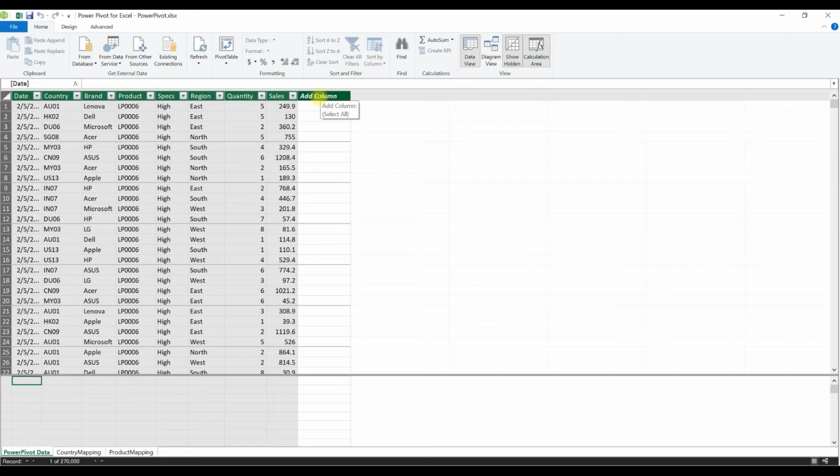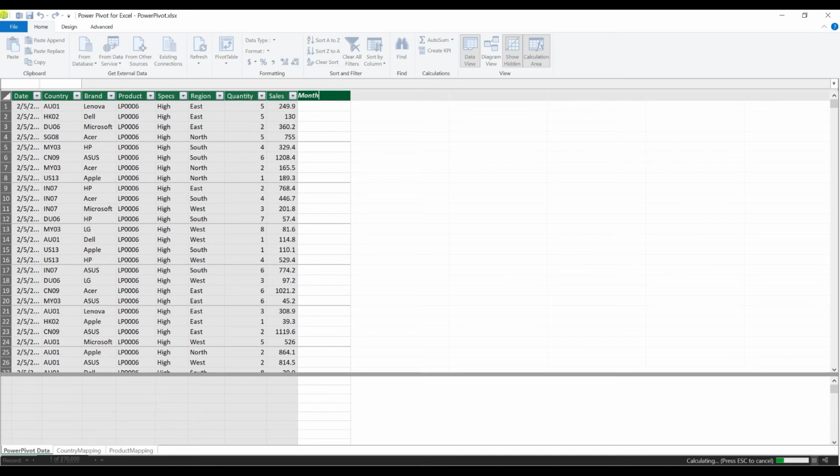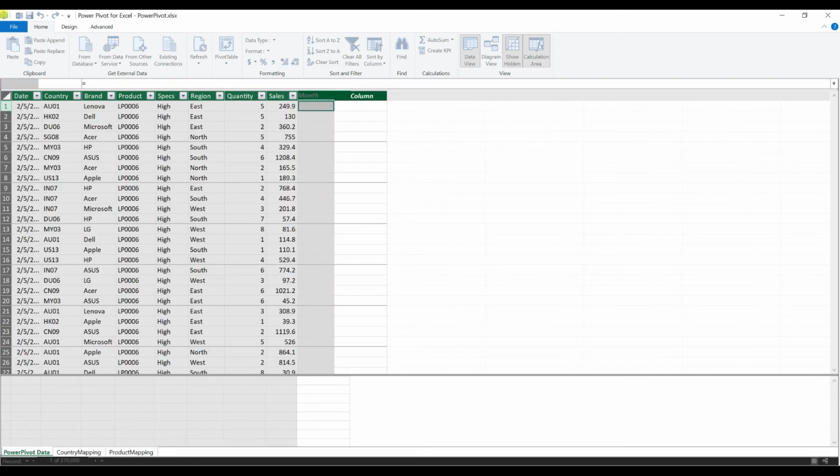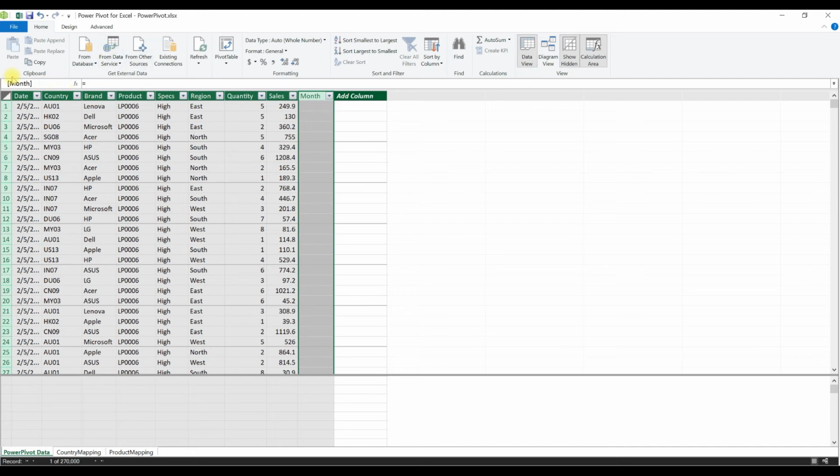So I'm going to add the first column. I already have the date. I'm going to bring the month alone from the date. So just click here, double click the column, you can type month, enter. Now you can see month has been added. Now you need to apply the formula.